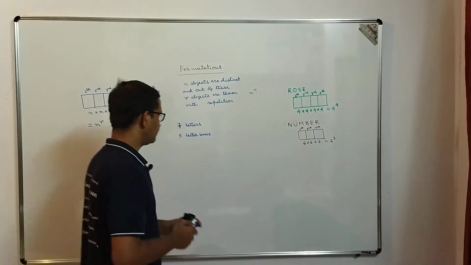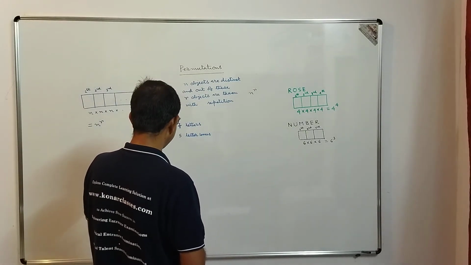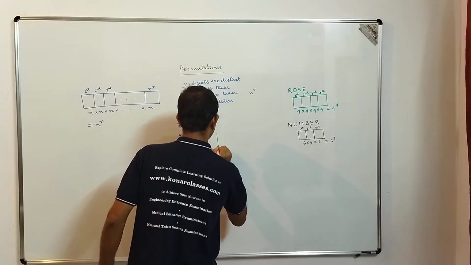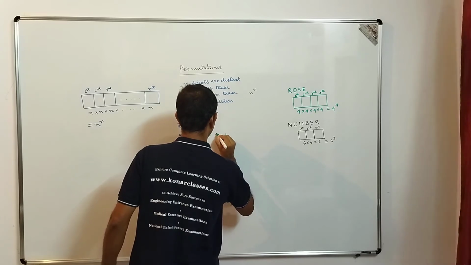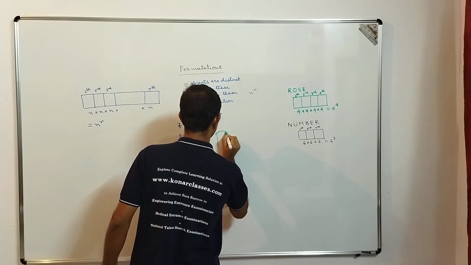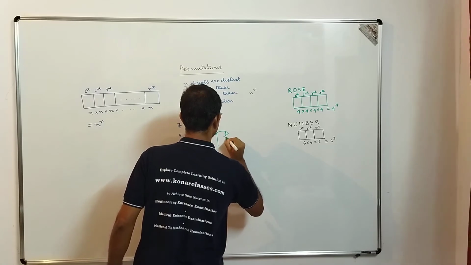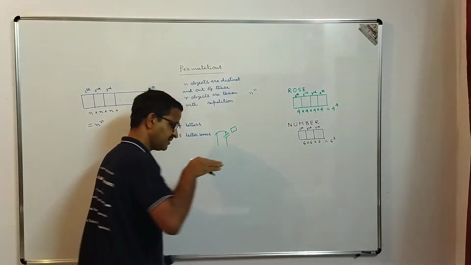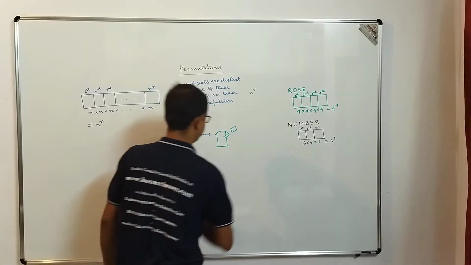So how to do this? There is an easy way to remember. How does a letter box look? A letter box looks something like this. I am not that great at drawing, but a letter box is something like this, and there is a small passage here, and you can put a letter in. You can just slide the letter in that way, correct? So this is a typical one.